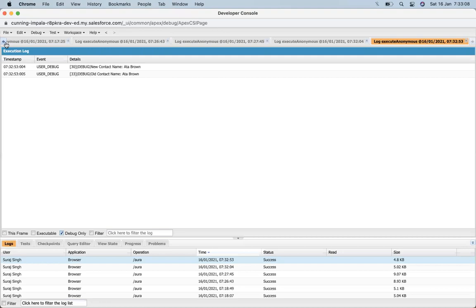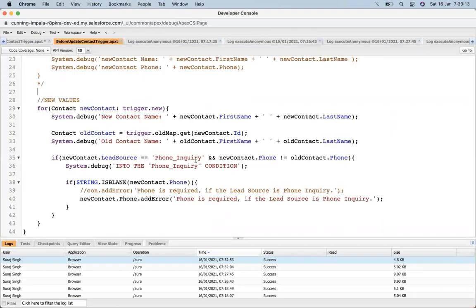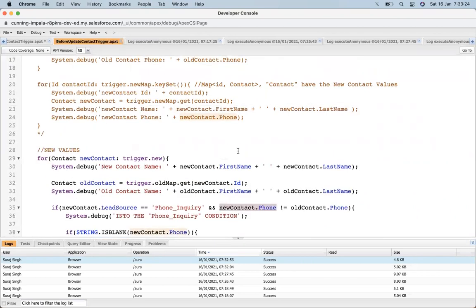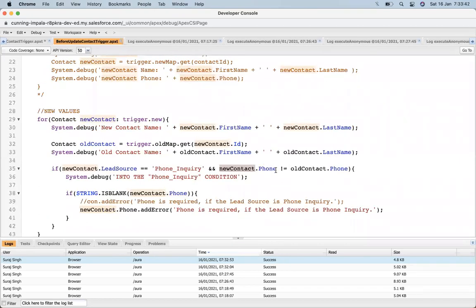So whenever we are working with the update trigger, we need to check the old and new value of the field on which we are working. Always remember that whenever we are working on update, we need to focus on this. Whenever you get a requirement to write on the basis of update, you have to ask on which field the update is, and on which field we need to write a trigger. Here, on the update of the phone field, we need to write a trigger.